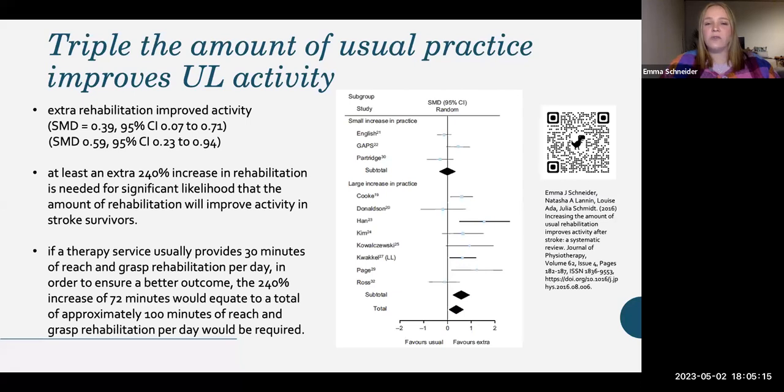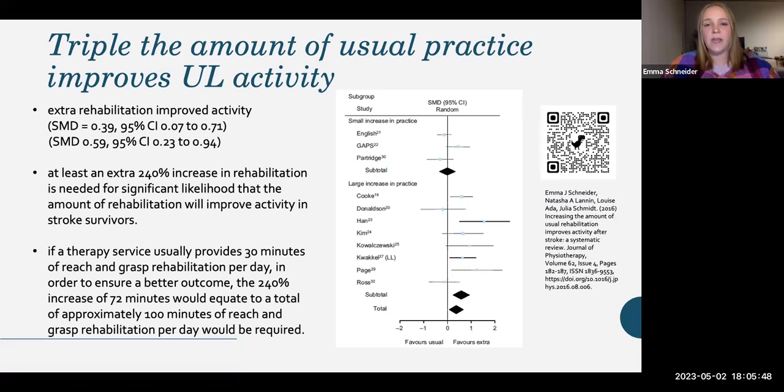So the systematic review looked at randomised control trials and quasi-randomised control trials that delivered usual rehabilitation and then extra practice of the same content on top of that. So if a trial included usual practice of arm and reaching practice, any additional reaching practice that would be considered extra, but not the other things that weren't targeted to arm reaching and grasp. So really looking at that extra dose of the same thing in terms of determining that amount of intensity on overall outcome.